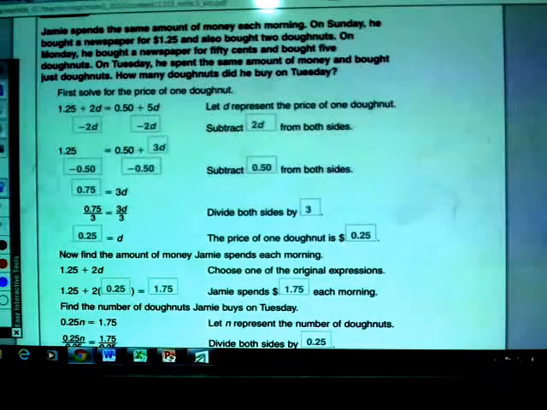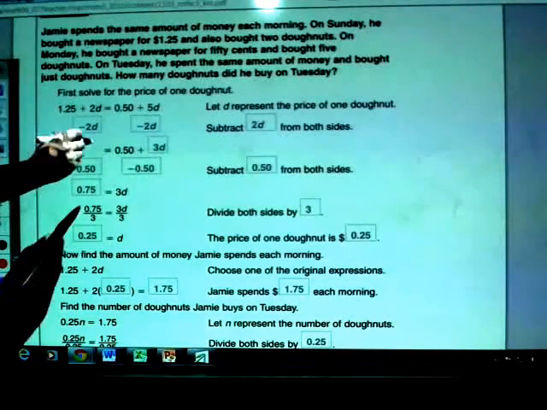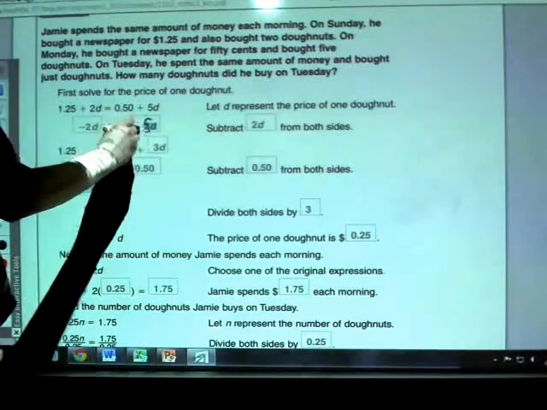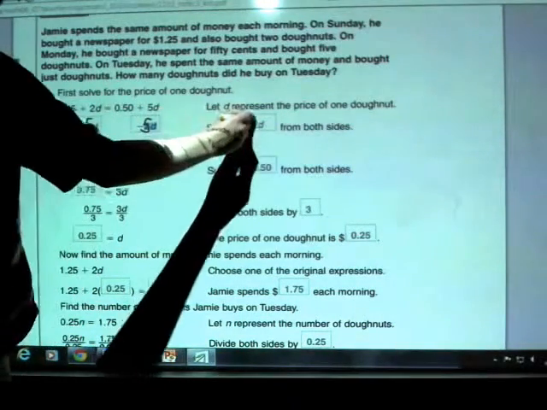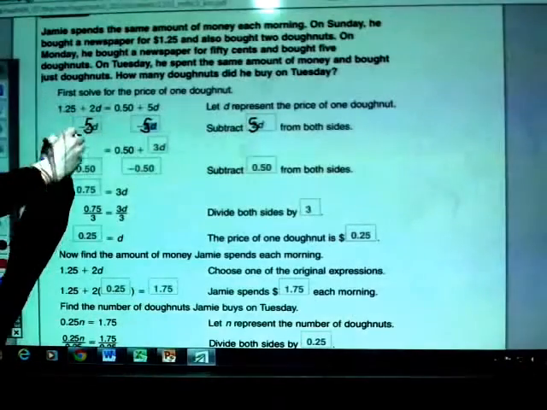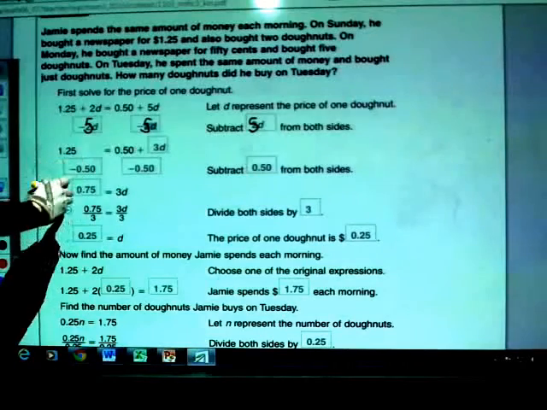Now again, the issue I have with what's pre-printed here is that they've sent the variables to the right and the numbers to the left, which I don't tend to prefer. So we can fix that, though. It's not a big deal. All right, I'm going to go ahead and subtract 5D from both sides here. When I do that, 2D minus 5D is going to change into negative 3D